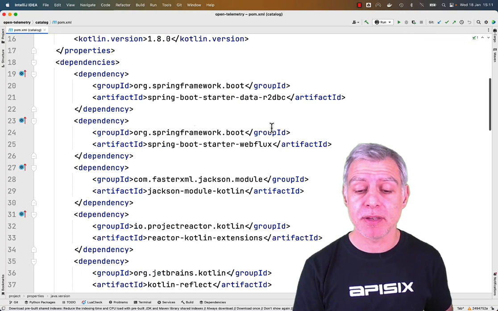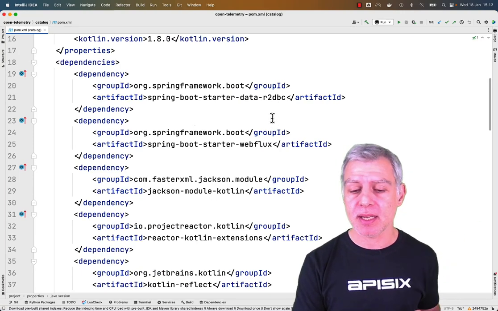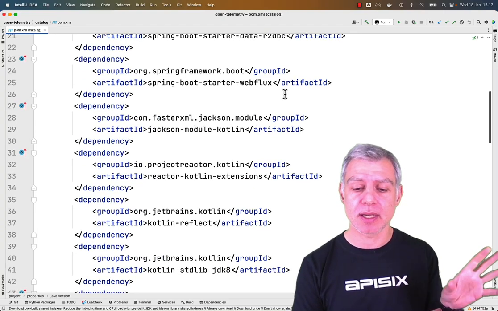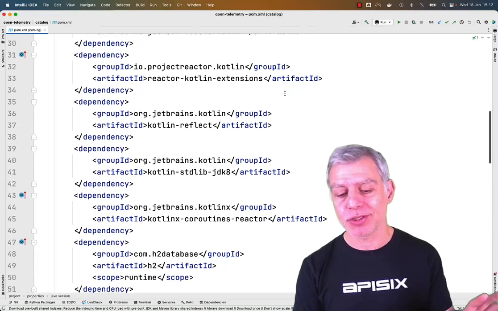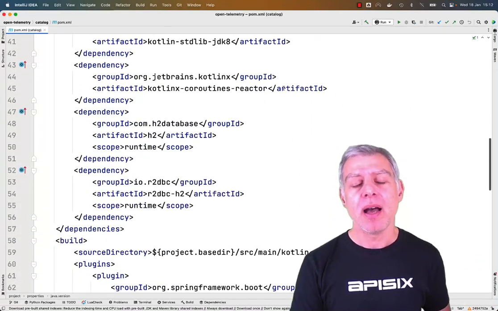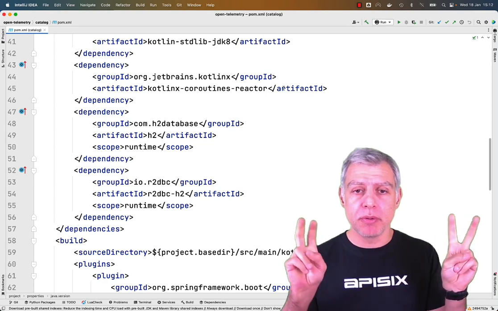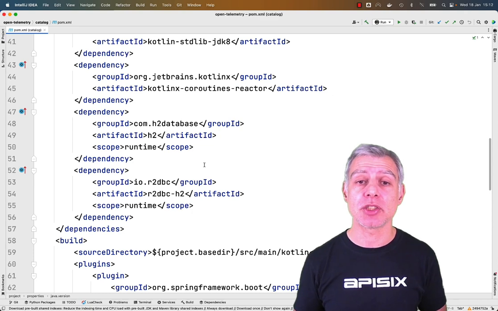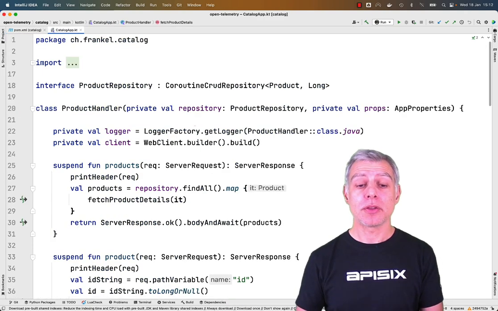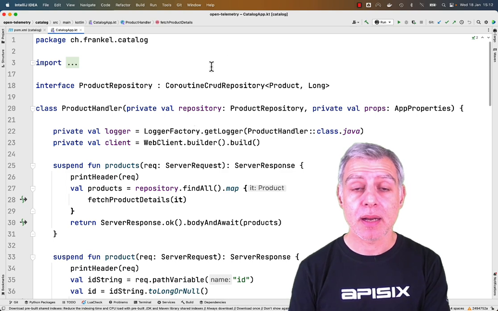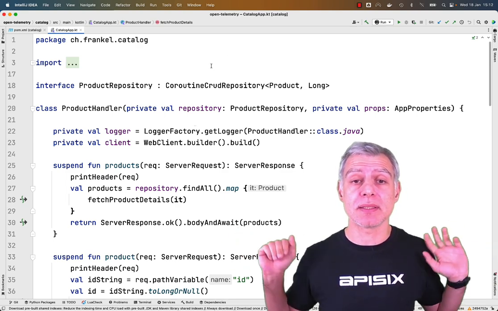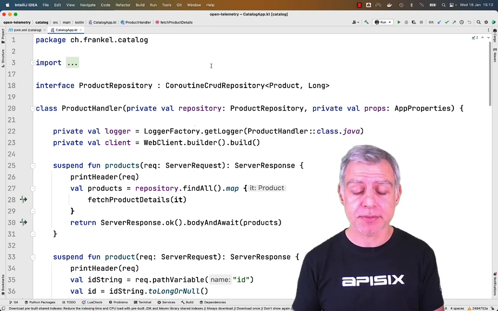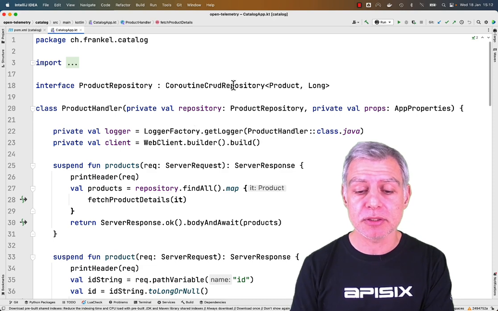And then it's a reactive application. So I will be fetching data using R2DBC. Otherwise, I'm using WebFlux, so again, to be reactive. And the rest is just standard Kotlin stuff. I didn't want to bother myself with a regular database, so I'm using H2, with the R2DBC H2 reactive driver. On the code side itself, here I'm using Kotlin, so I want to use coroutines because that's how you can easily do reactive code. So I'm using the coroutine CRUD repository.